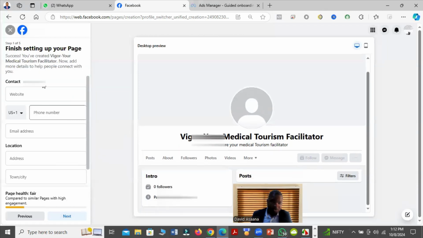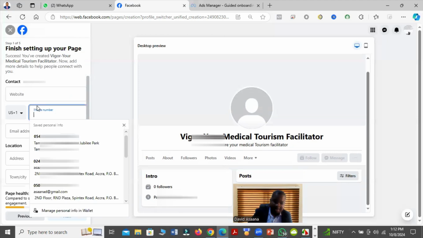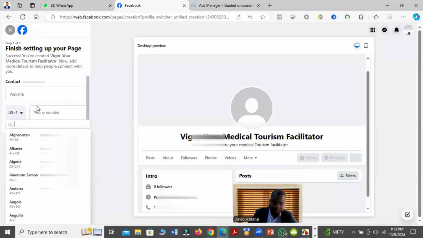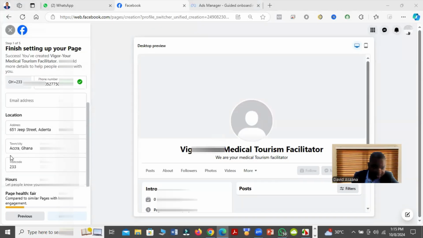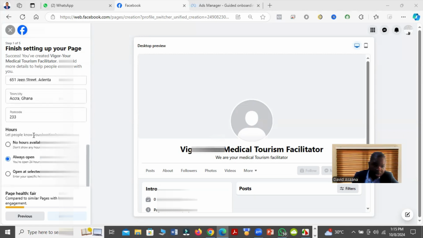So here you're supposed to put your website if you have any. Then here you put your number for your country. You put your address, in the street address, and put a town or the city and the postcode. For Ghana, we don't have postcode, so I'm just putting the country code. Then